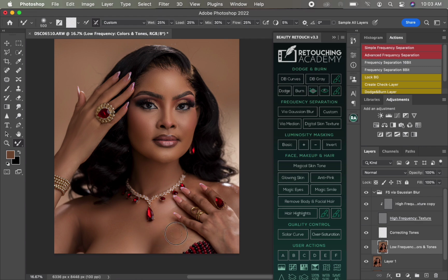The mixer brush is taking time to load, that's why I'm holding on. So I'll just brush it just like this. So the mixer brush is loading now. I don't know why it's doing like this,